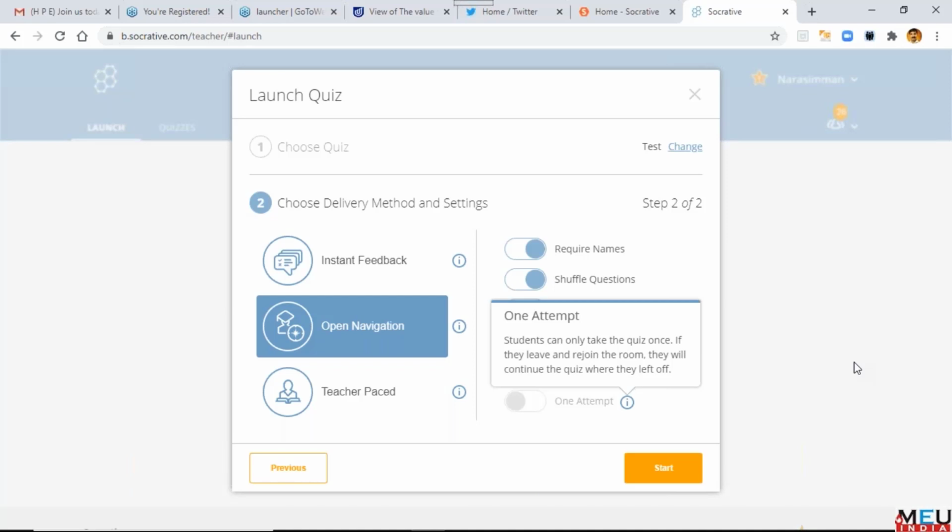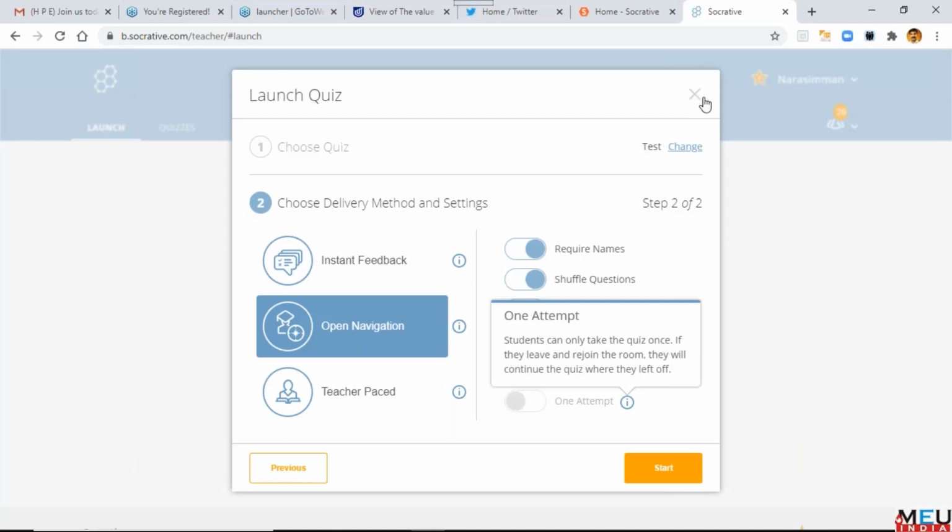I just open Socrative, ask the participants to play the Socrative, and start discussing each and every question one by one. It's a very innovative method of teaching. So it could be teacher paced, instant feedback, or open navigation.